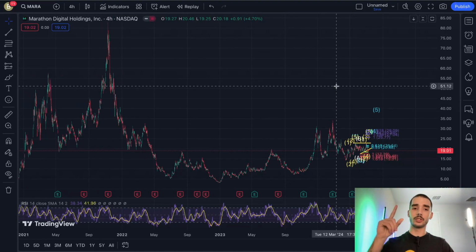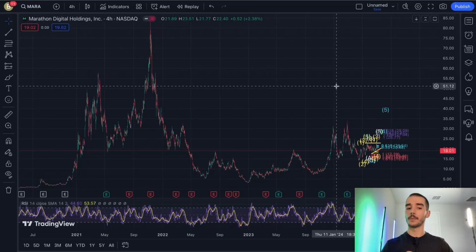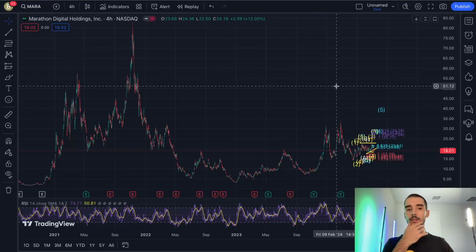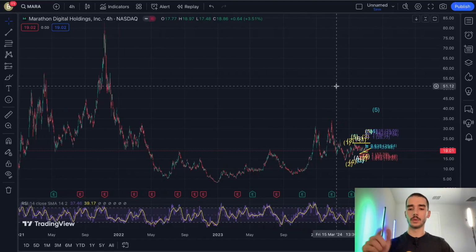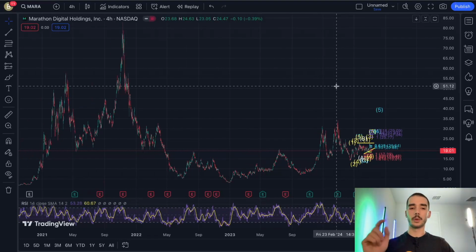There is something that I've noticed on Mara stock that I never noticed before, and I kept looking at it a few times. I'm surprised I didn't notice this, and maybe you guys haven't either. But before I get into that, I want to say that this new trend that I just discovered on Mara stock